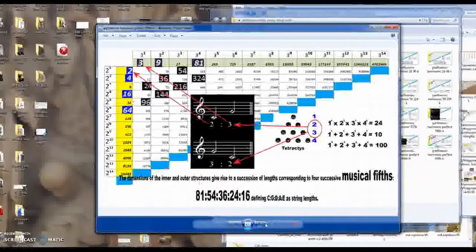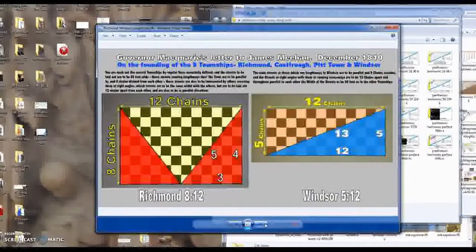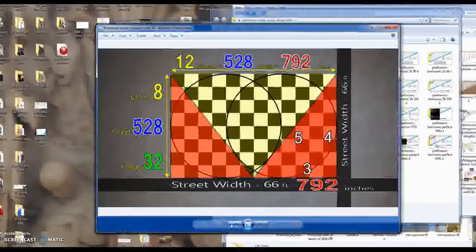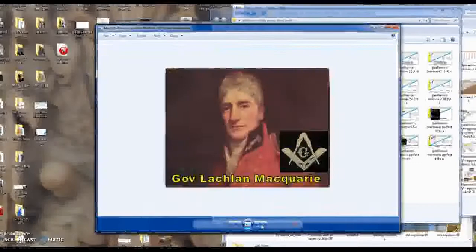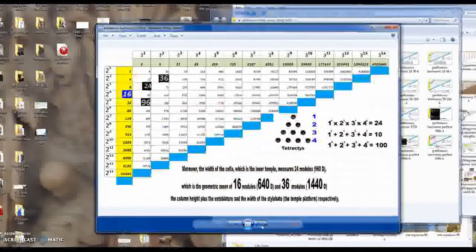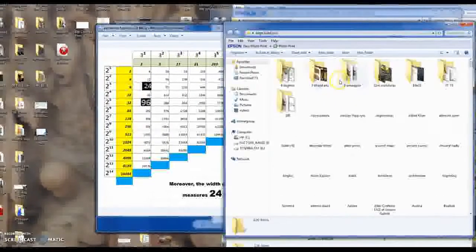This is exactly the same pattern, exactly the same set of numbers that reappear in the US Capitol building, all the state capitals, major cathedrals across the world, going back to the great cathedrals such as Beauvais, Chartres, all of them, Sanchi Stupa, all these stupas across India. It's just always in there, always repeated. To call it coincidence is a faith-based dogma, is the only way I can think of it, and it's just that the system has been passed on. Music, geometry, arithmetic, and astronomy, the 7 liberal arts.